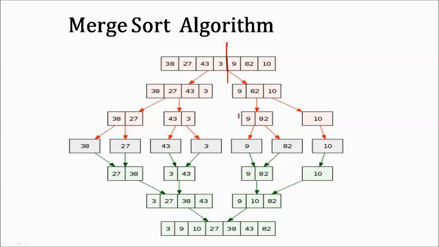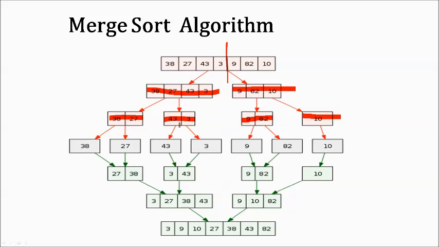we have the 4 here, we have the 3 here. So to split, we have the 38, 27, 43, and 3. We have the 9, 82, and 10 for the second split. Next, splitting again. So 4 divided by 2, we have 2 data for the set. We have the 38, 27, we have the 43 and 3. So again, this is only splitting. Next, 9, 82. Next, 10, a single element since it doesn't have a pair.